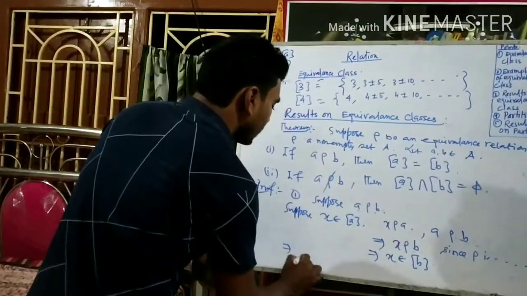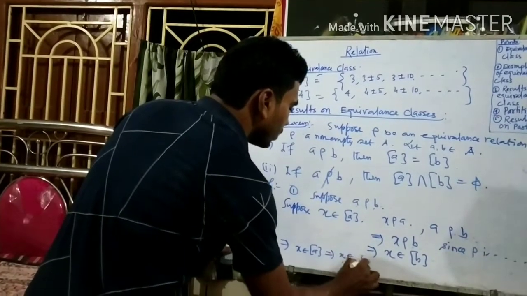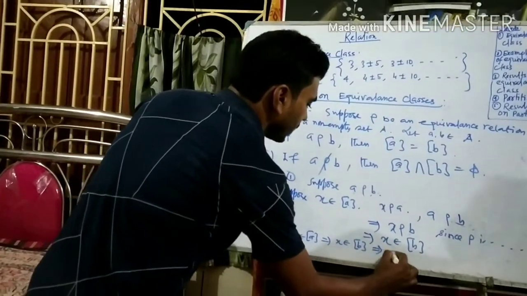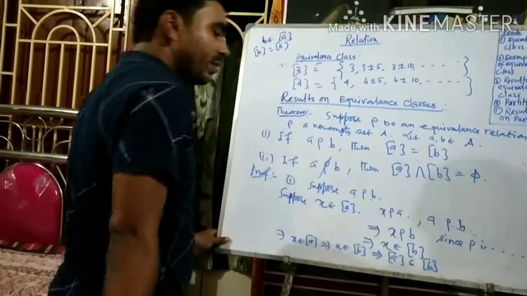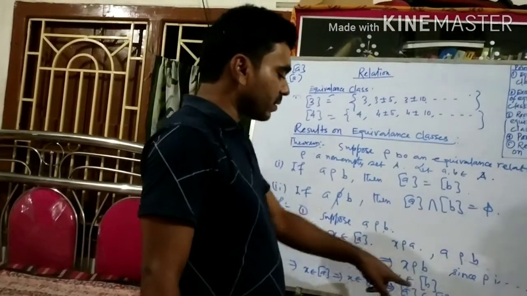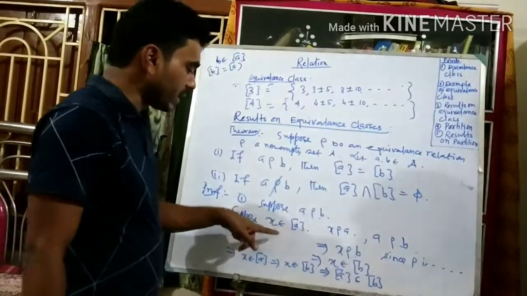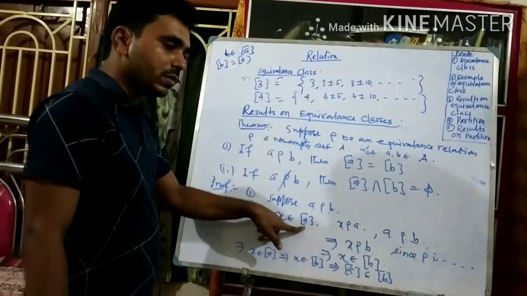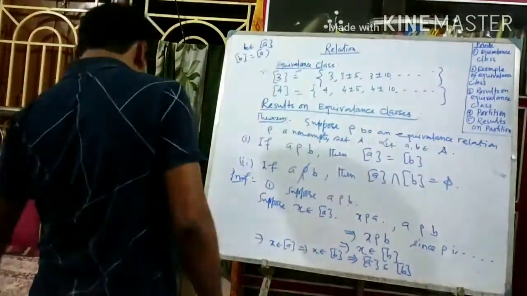So this implies x belongs to class A implies x belongs to class B. This implies class A is a subset of class B. In a similar manner, if we take an element x from class B, then we can show that element x will lie in class A. So in a similar fashion, we can show that